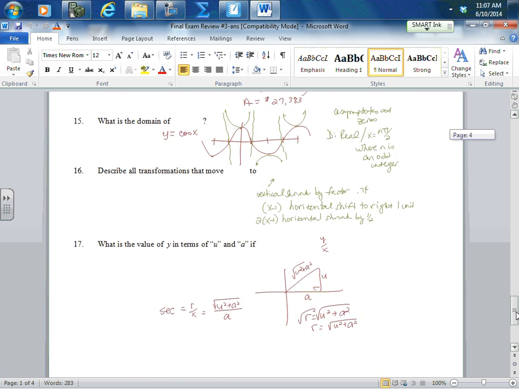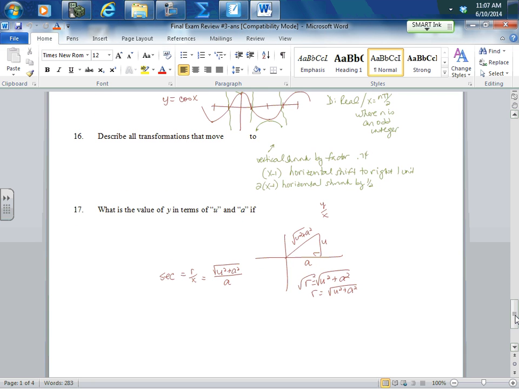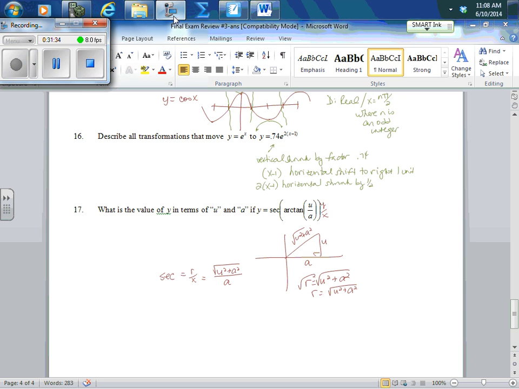I realize I can't, for some reason, touch that. I'm not really concerned about 17. That's not going to be on it. As long as you know your other ones. Shift to the right inside the parentheses. Okay, tomorrow, what I would make sure you do is go over